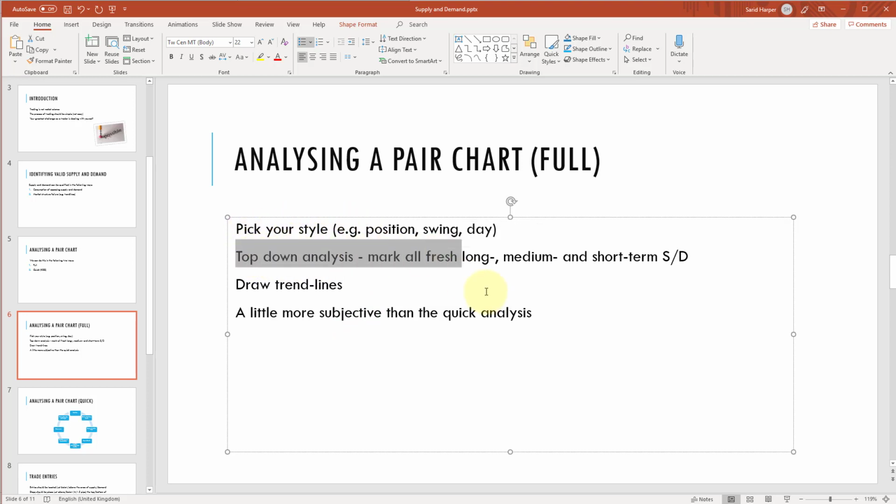We do our top down analysis, and here we mark all our long and medium and short term supply and demand. We define market structure. I'll just draw it there via trend lines. Okay. And this is a little bit more subjective, but maybe not that bad at all. Obviously, everything is subjective. There's a very high degree of subjectivity in most things, because it's going to affect rather